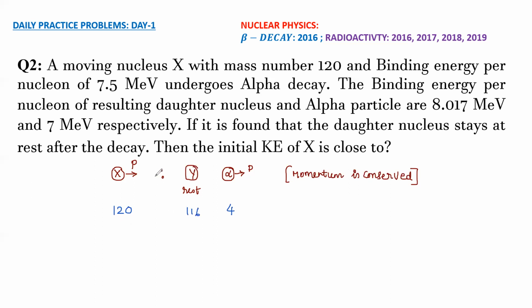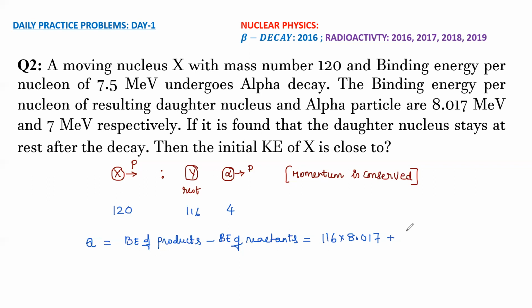And one more thing we know is that the Q value of reaction is equal to binding energy of products minus binding energy of reactants. This also we know. Now, what is binding energy of products? It is nothing but 116 times 8.017. This is the total binding energy of the daughter nucleus Y,